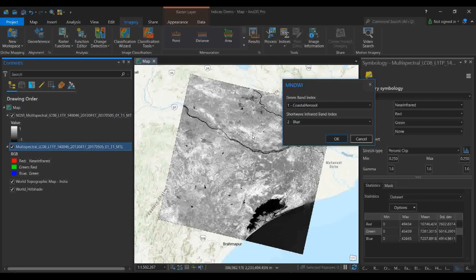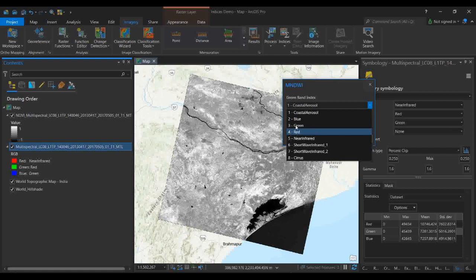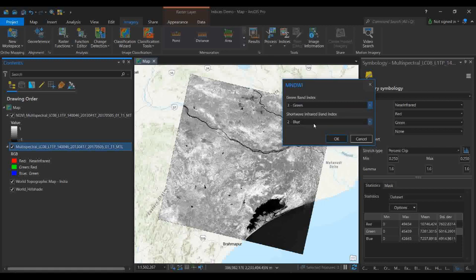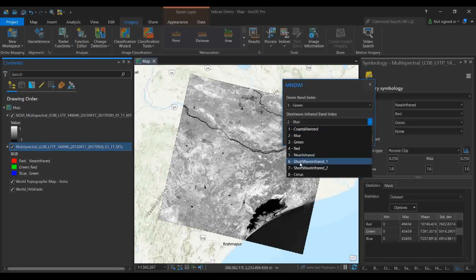Okay, so let's see. Here you see, when you click this MNDWI, automatically it is asking you to select the bands, the green band and the short wave infrared band, but you have to select them from this list. You just see here in the list, all the names will be there, so simply select the green band. And for the short wave infrared band, you simply select which one is your short wave infrared.